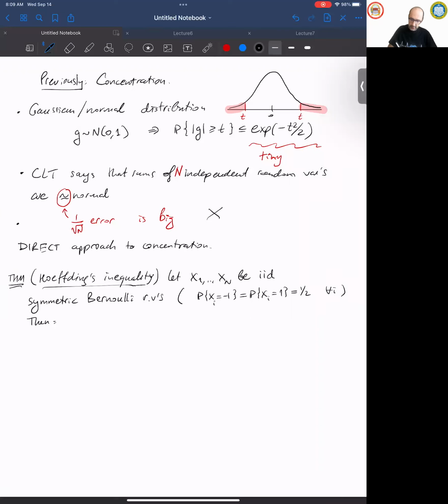Okay, here we go. Then we build the sum of these random variables, just like that. We normalize it, and I divide by square root of n. Does anybody know why the square root of n is a natural normalization here? Normally you would normalize by 1 over n, just the average, but why is square root of n natural here? Hey, you know, I know somebody knows.